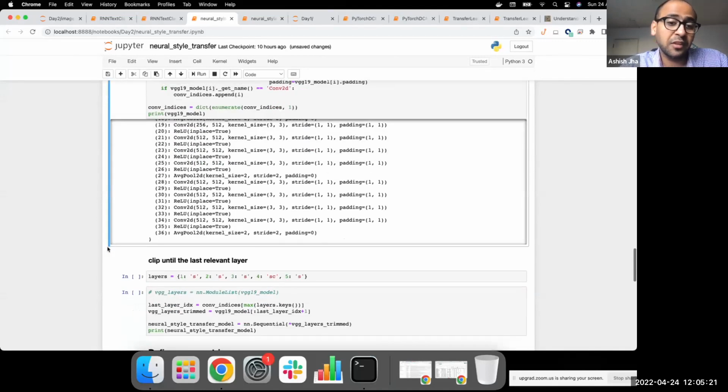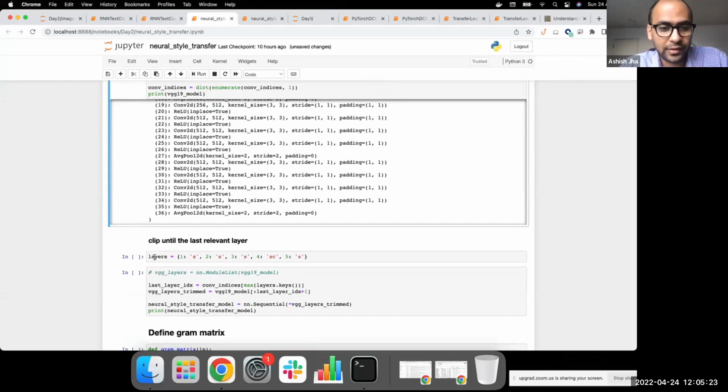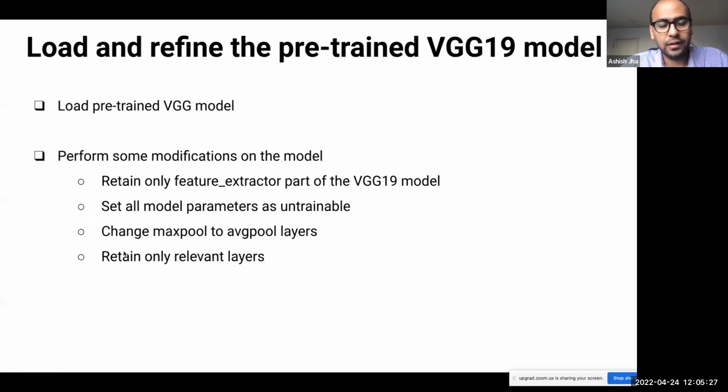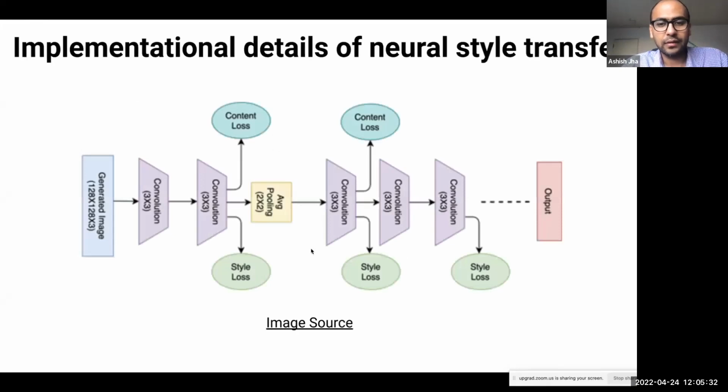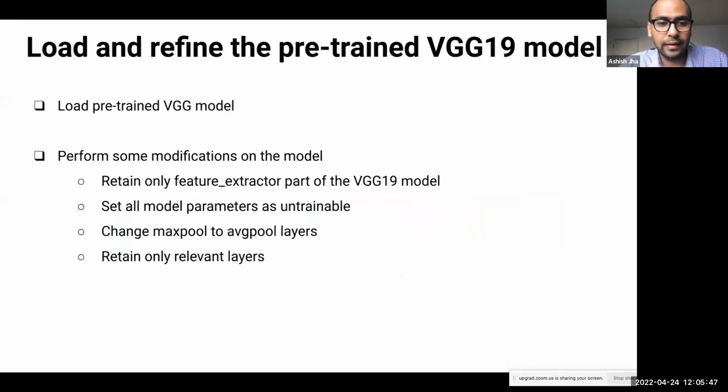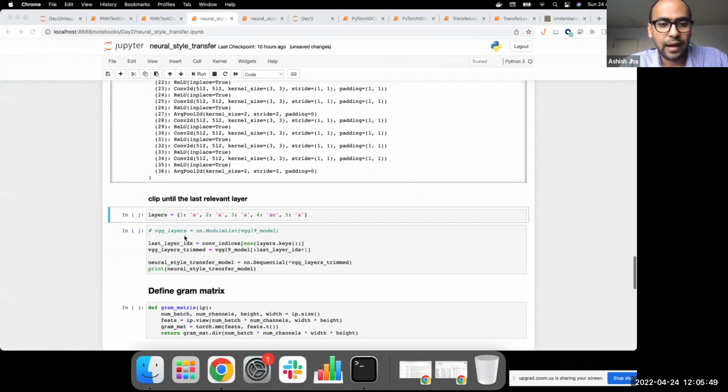Which brings me to the next step, which is the most important step now. When I showed you in the presentation, let me go back a little bit. We were using 5 convolutional layers of the model for computing some style losses and content losses. In the actual paper, they only use the first 5 convolutional layers. They don't need the full 16 convolutional layers, which is what I'm going to do next. I am going to follow what was done in the paper.